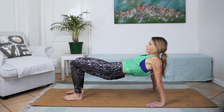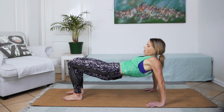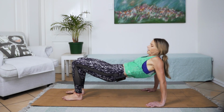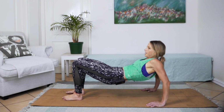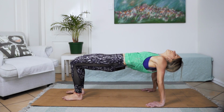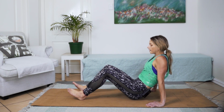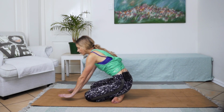And let's do little pulsations up and down. That's 1, 2, 3, 4, 5, 6, 7, 8, 9, 10, 10, 9, 8, 7, 6, 5, 4, 3, 2, 1. Up and looking up towards the sky, getting back into that stretch. And slowly coming all the way back down, tucking those feet in under those glutes to come back into an